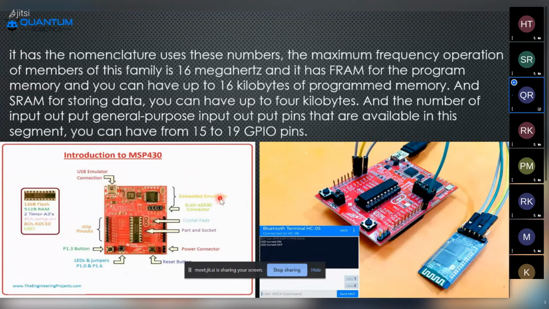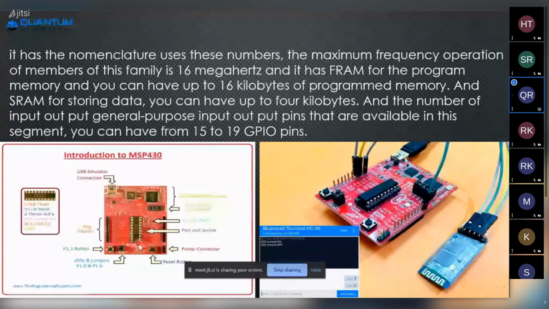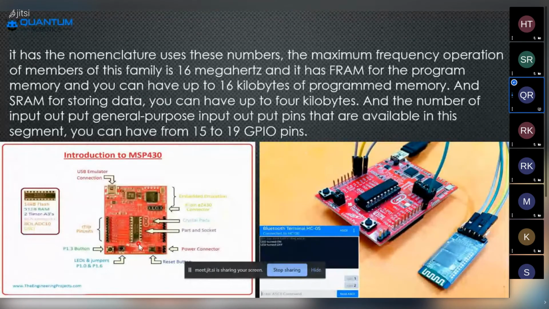The embedded emulation means whatever processor is in a particular device, how that processor is going to work with the particular microcontroller, how that microcontroller is going to coordinate with that processor, and how it acts in different conditions according to our project.